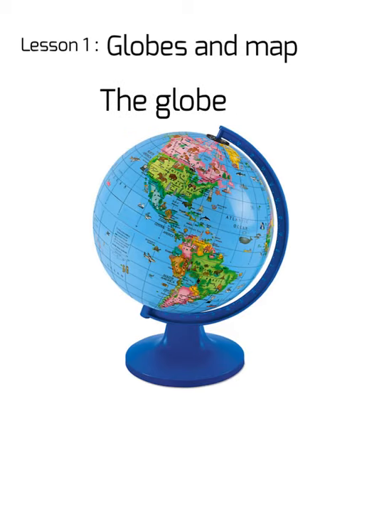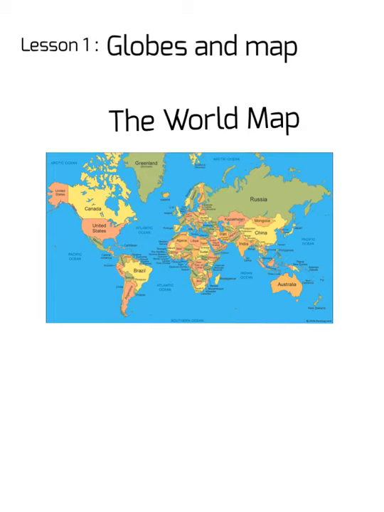What is a map? Let us look into it. A map is a drawing of different parts of the world on a flat surface. You can see this is a flat surface and it shows all the countries or all the continents on the earth. The map shows specific details of every area. They show boundaries of different countries. They are very convenient to carry also, as you can fold them or roll them and carry wherever you want. This also helps us observe different continents easily at a sight.